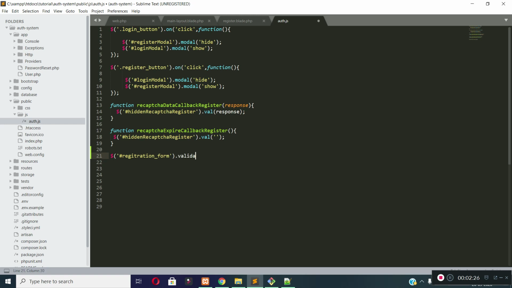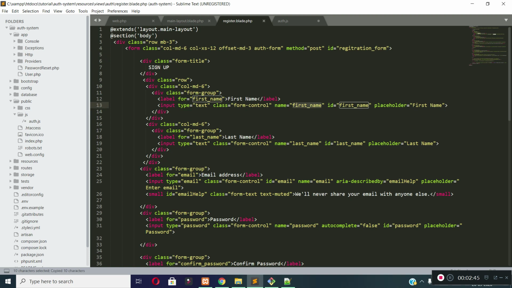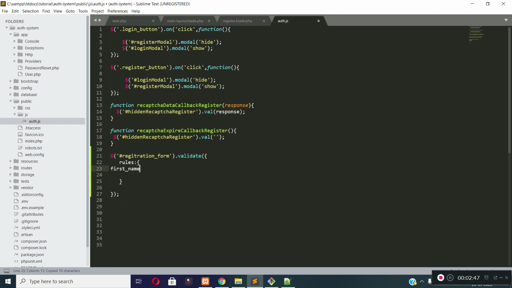So I am validating the registration form, and then we need to pass an object inside validate, and you need to add the rules for the fields you want to validate. So I am adding the rules inside the rules object. For the first name, I will add the rule called required.